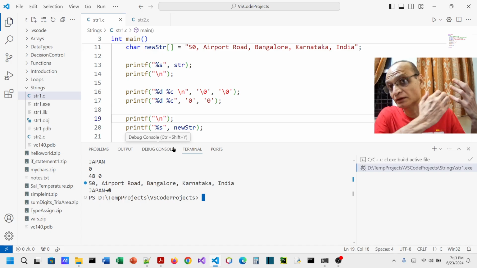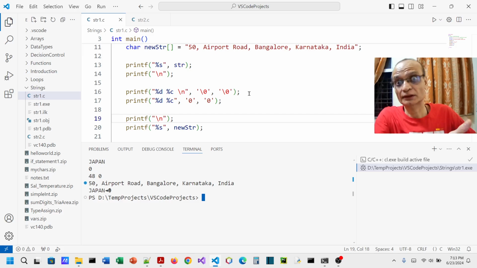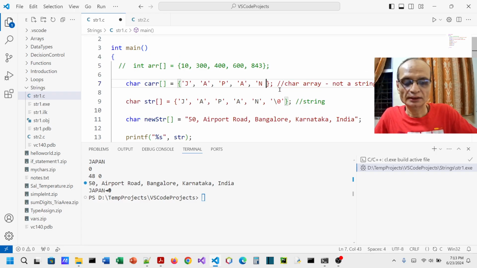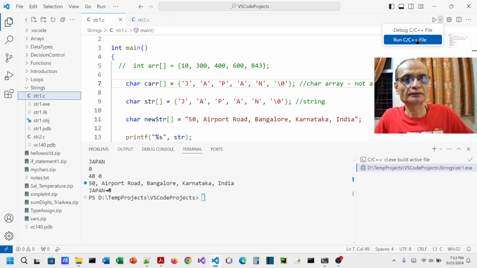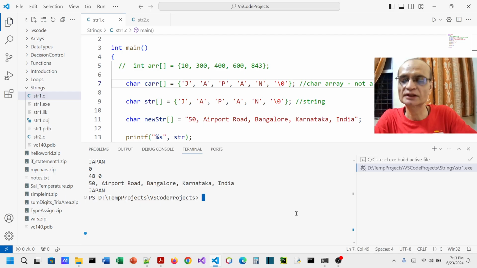In your case, there is a chance that it may print some more characters. You never know what it will print, properly or improperly. So if I put backslash 0 to this CARR and run it, now I have forcefully terminated it. You see, Japan has come properly. There is no garbage after Japan. So the important learning is